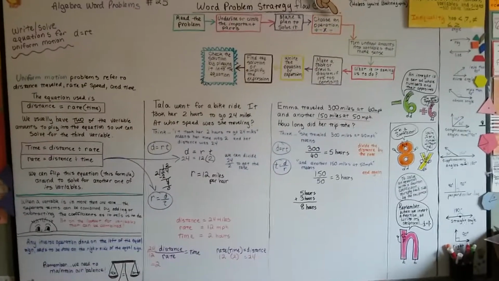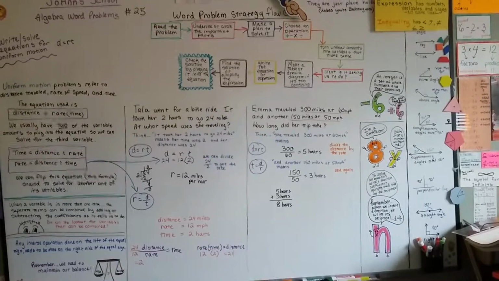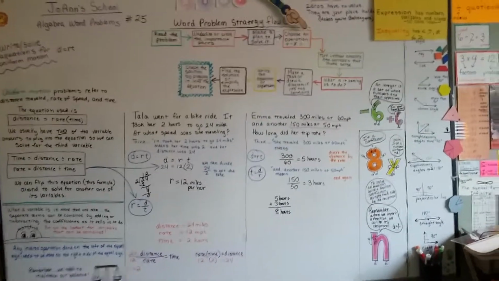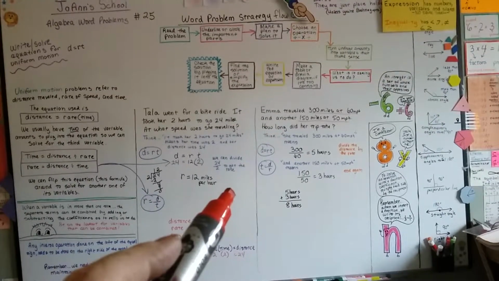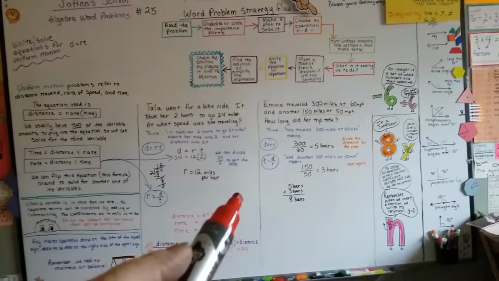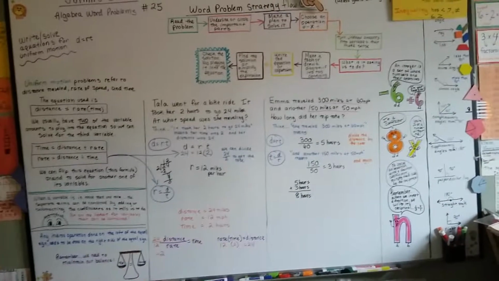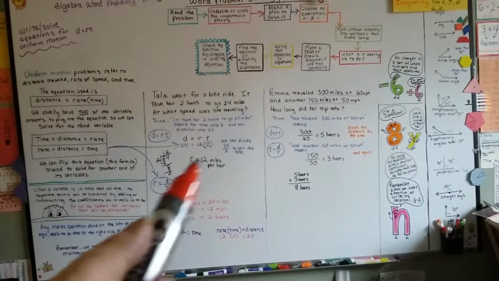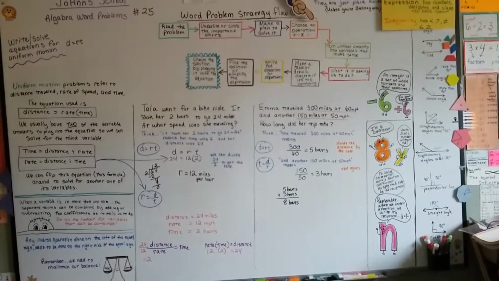homework and on tests. So just remember, D equals RT, and it can be switched around. The best way to figure out if you're doing it right is to use some simple numbers. Say your distance is 10 and you went 2 miles an hour for 5 hours to go the 10 miles, and use little numbers like that so that when you're doing a harder problem, you can compare them to your easier numbers to make sure you're doing it correctly.